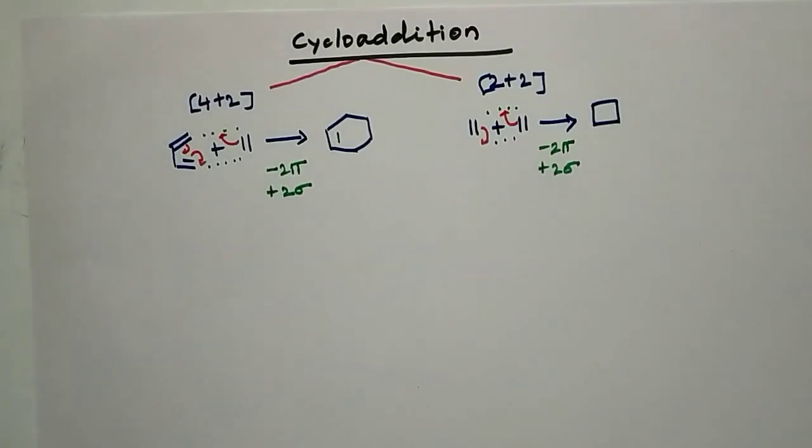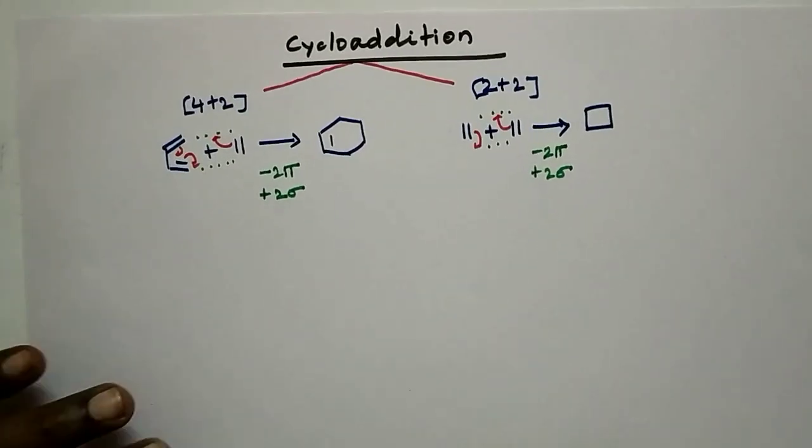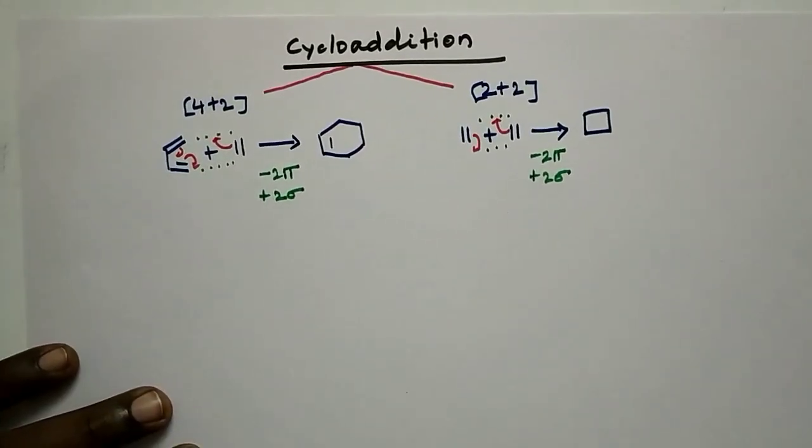Now we are going to see how the orbitals are involved in the cycloaddition reaction, because from the first video we have been seeing the involvement of orbitals, HOMO, LUMO, symmetric, asymmetric, plenty of things. How are we going to apply all those things? And according to Woodward-Hoffmann rule, remember Woodward-Hoffmann rule,